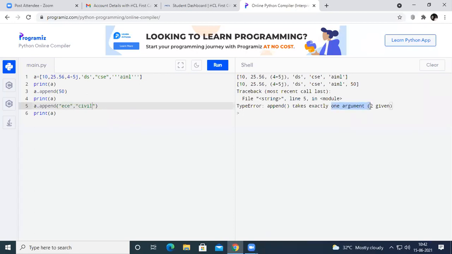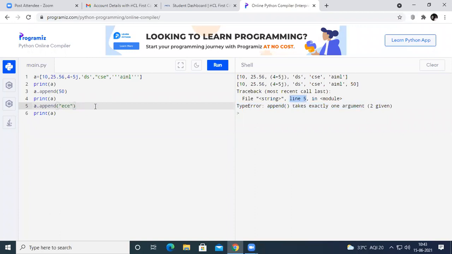Here the append function is allowed to take only one argument, but you have given two arguments. That's why we are getting an error at line number 5. You are not allowed to give two arguments at a time. You are only allowed to give one parameter.